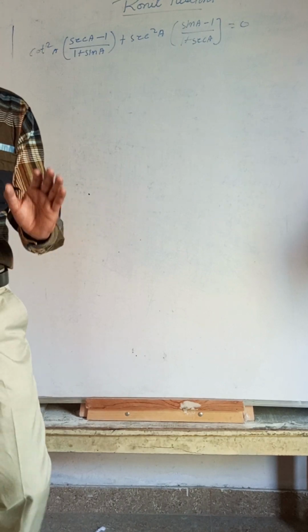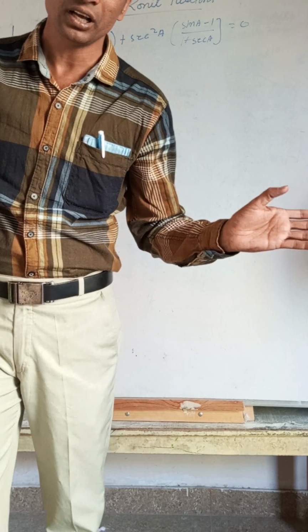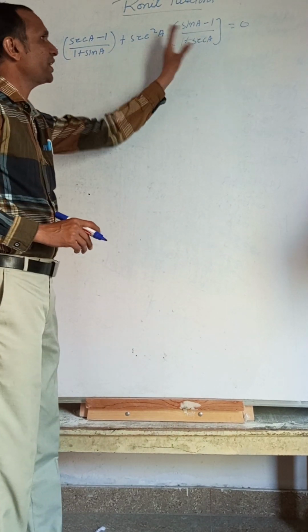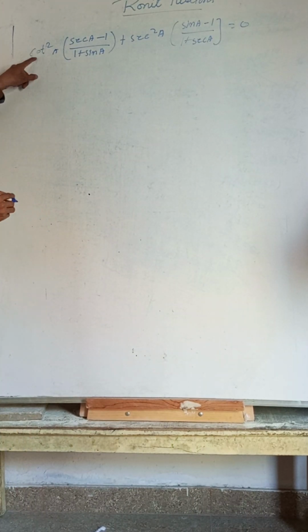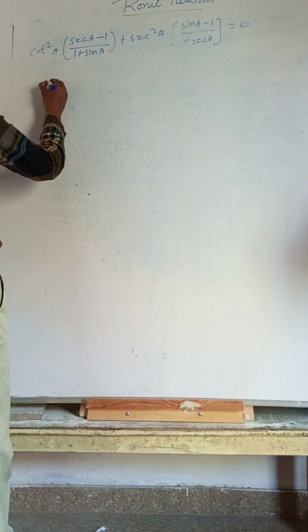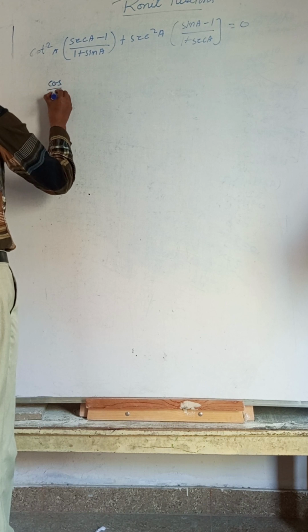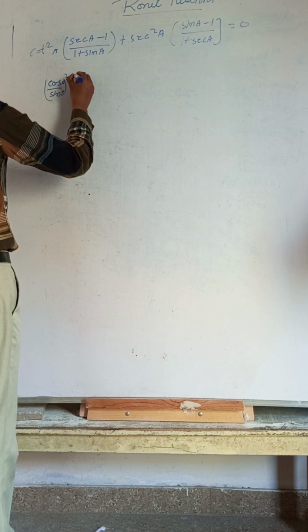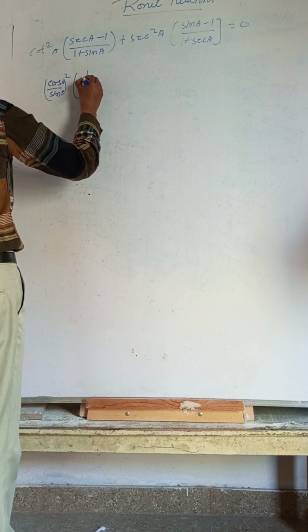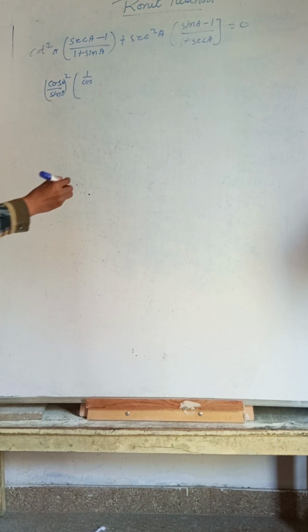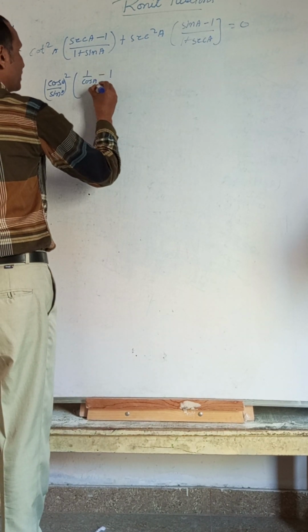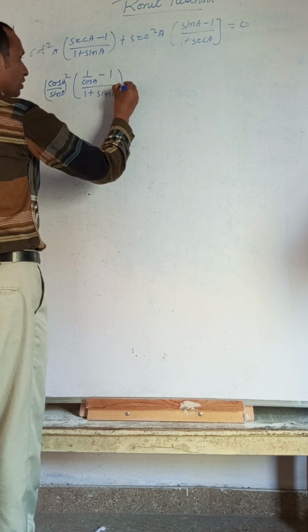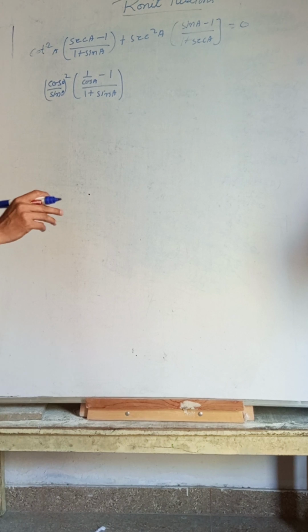The first rule is that the ratios given have to be changed. Whatever trigonometric ratios are given, we have to change into sine and cos wherever possible. So cot is equal to, we know cot is equal to cos by sin. Square is there, we kept the square. A is written everywhere. Into this sec we can write 1 by cos. Sec is equal to 1 by cos. A minus 1 by 1 plus sin A. Sin cannot be changed here.